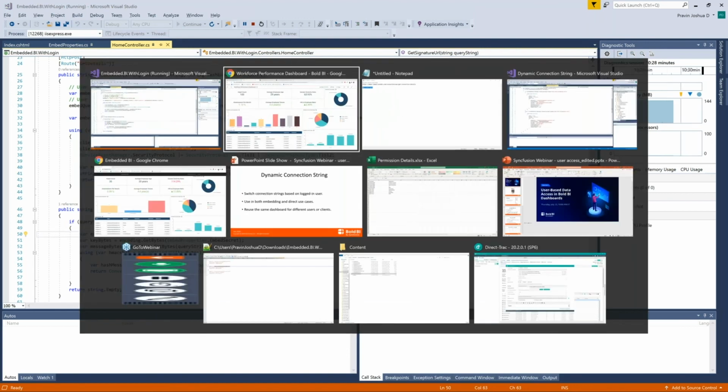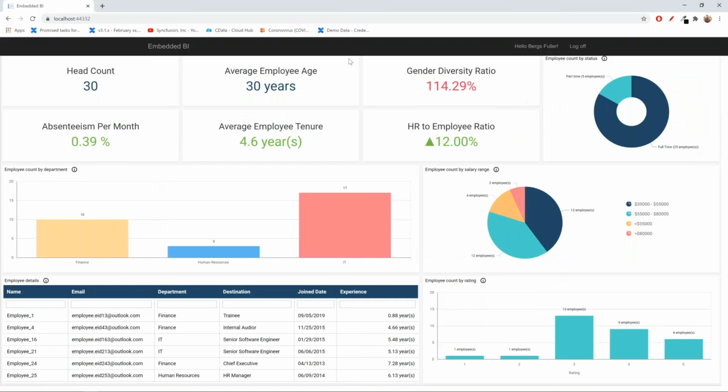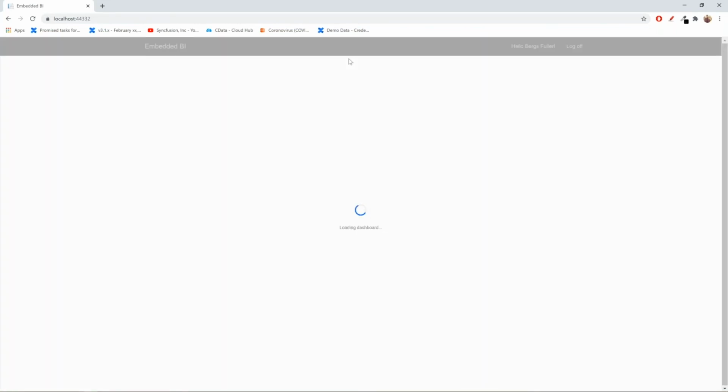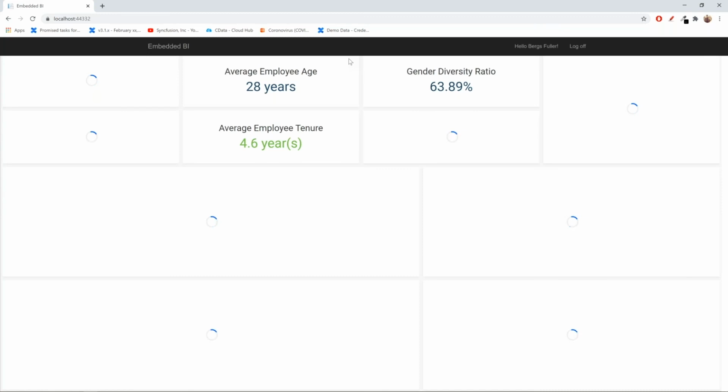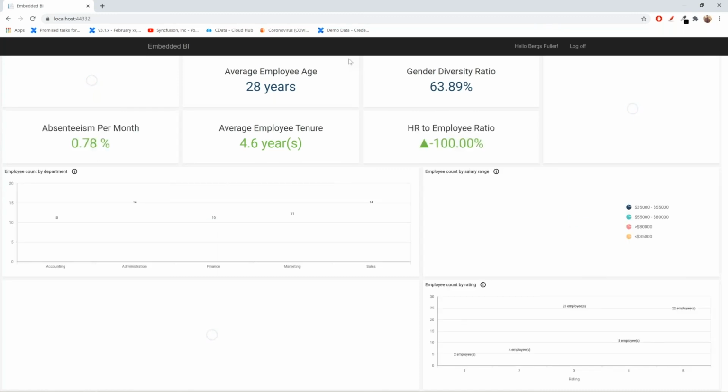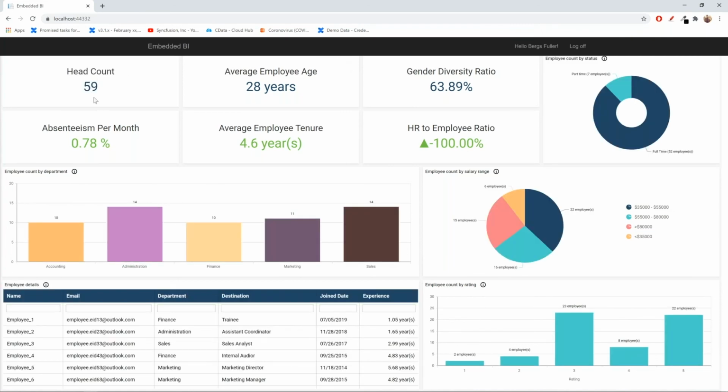Okay, let's go back to the embedded application, and let me refresh this. You could see the data is now changed from the database. The data is being loaded from the dynamic data connection that we have given.